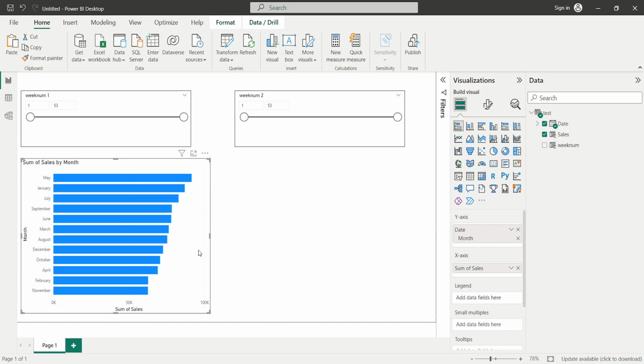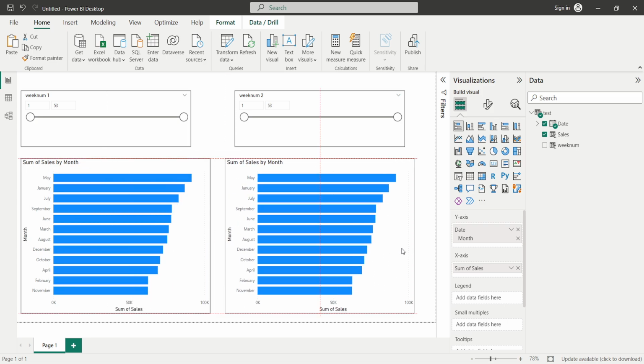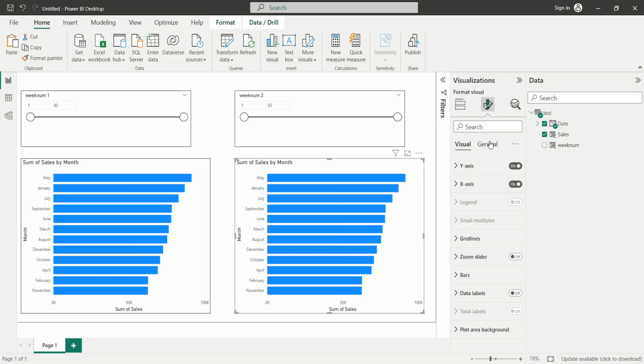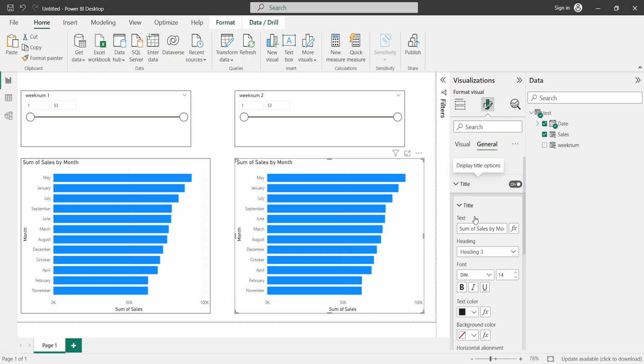So I'll just simply click here on this bar chart, Control C, Control V, and I'll move this second bar chart and keep it somewhere here. Let's say for the second bar chart, we want to give a separate, different title. So I'll just simply click here on format your visual, general, and title, and let's name it as